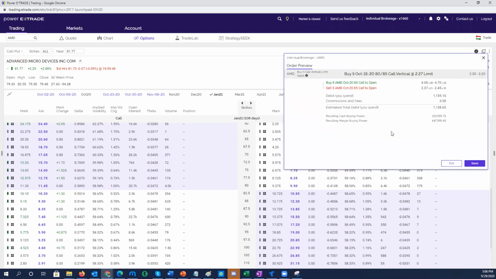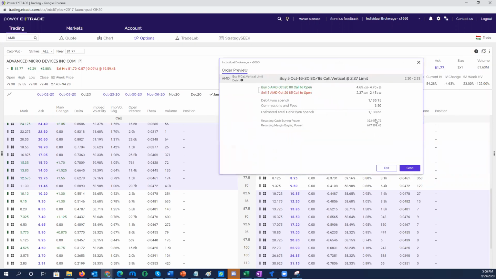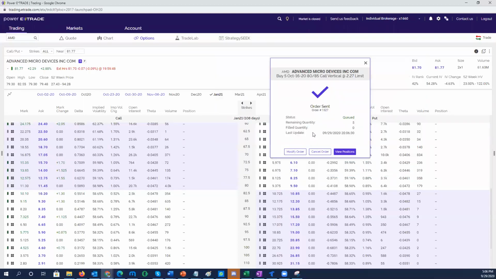I know time is up, but in this debit spread, you said between 80 and 85. If the stock is 81, what happens? You make some money, depending on how many contracts you have. It moves by the delta. Oh, it moves by delta. Okay. This is a little complex, huh?